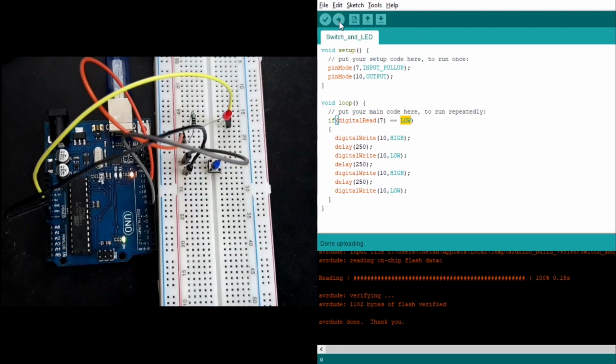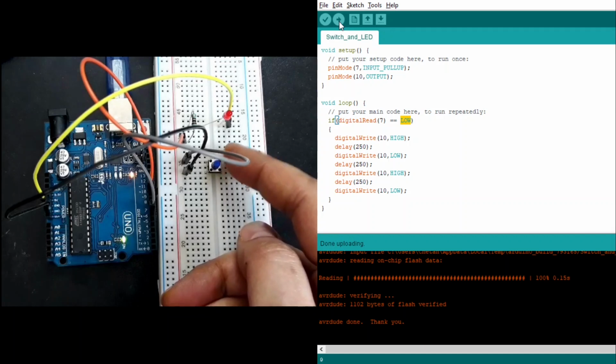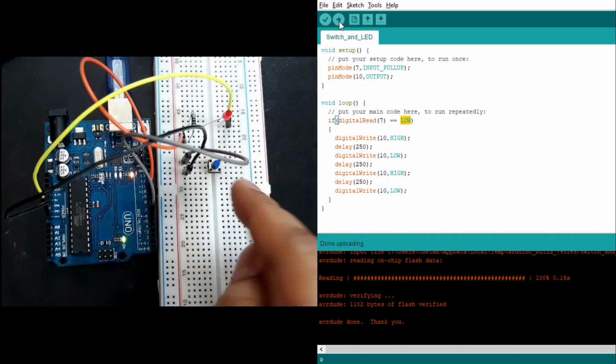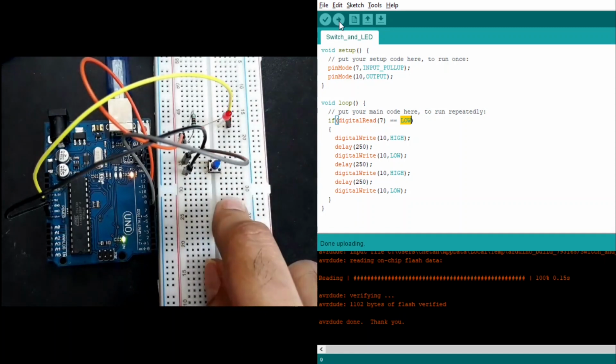Okay, so the program has been downloaded to the Arduino board. Now first let's see by touching the pins if there are any false inputs. So I'm trying to touch the pins now. You can see that the LED is not glowing and there are no false inputs, right? Since we have enabled the pull-up resistor, we have avoided the floating input pin problem. Now if I push the button, you can see the LED glows twice as it was programmed.